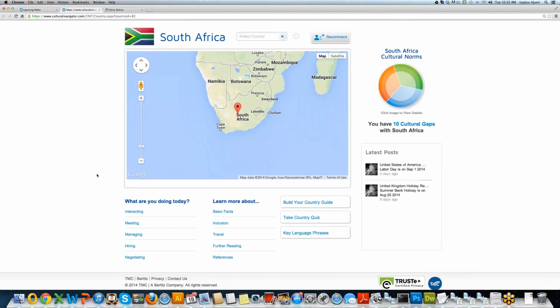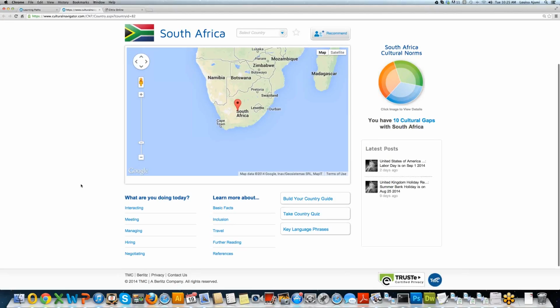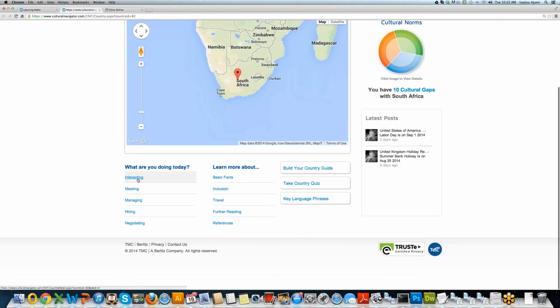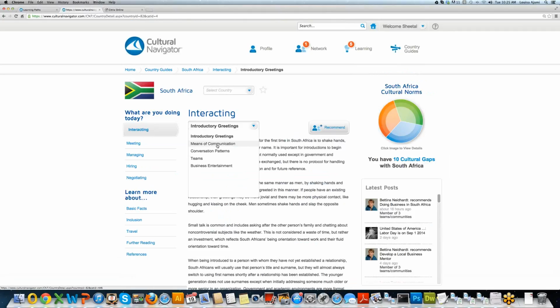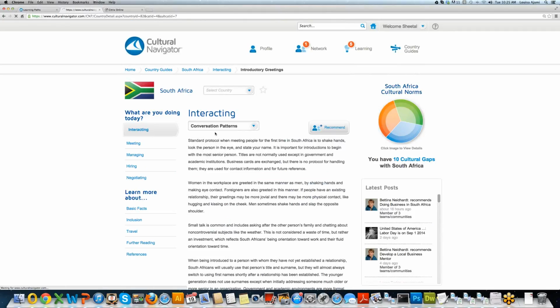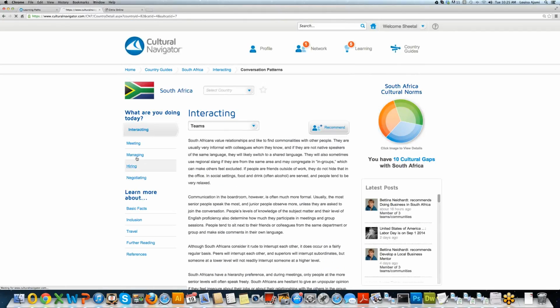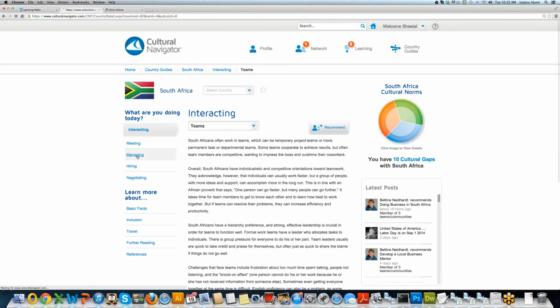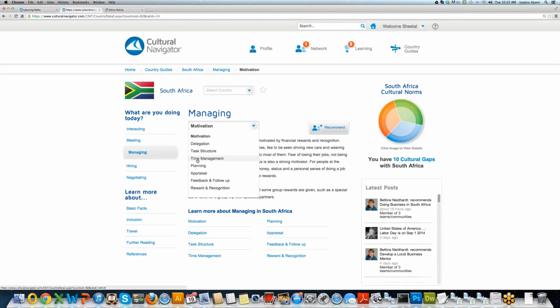Underneath the map, this is just full of really great information about everything you need to know about South Africa's history, business culture, what you need to know about interacting in the business setting: meeting, managing, hiring, negotiating, inclusion practices. This is all proprietary content, these categories here on the left. Every category is filled with subcategories about the topics. So you can learn about conversation patterns, for example, teams, and they're all here on the left, so you can navigate that way by clicking on